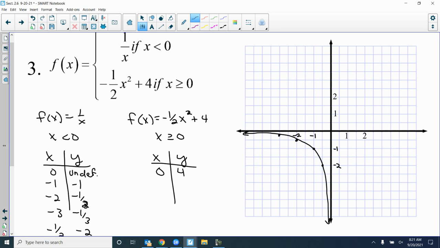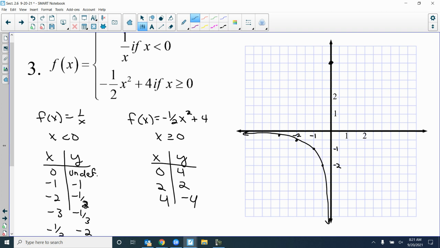You can plug in 1 as well. It'll give me a decimal. What happens when I plug in 2? I'm just going to plug in 2. 2 squared is 4. Negative 1/2 times 4 is negative 2 plus 4. Double check, make sure you get back 2. And then what about if I plug in 4? 4 squared is 16. That'd be negative 8 plus 4. Negative 4. All right, so I got 0, 4,